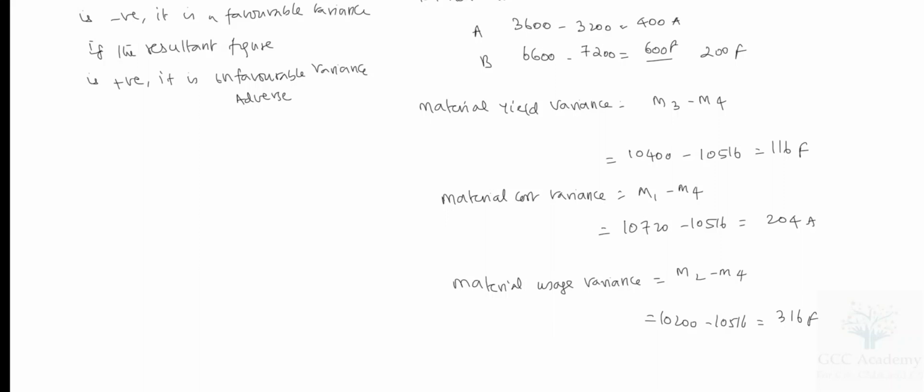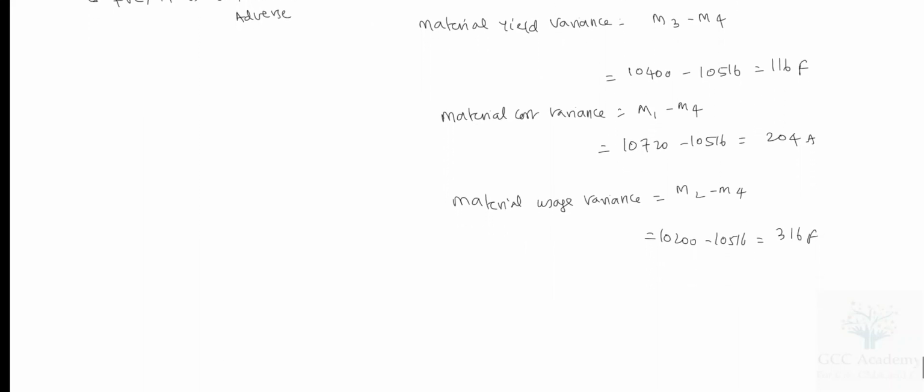These are all the variances. So we got the answers now. Actually it will take only 10 minutes to do this. Very fast you can do this. Now the final thing we are supposed to do in standard costing is to check, whether they ask or not. The question may not ask. Material cost variance is equal to material price variance plus material usage variance.